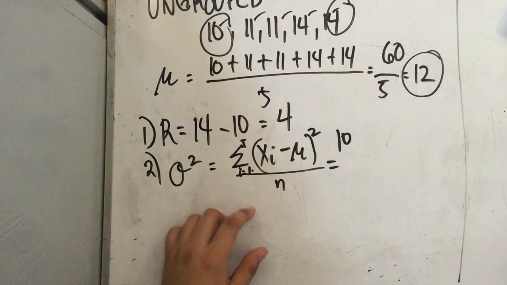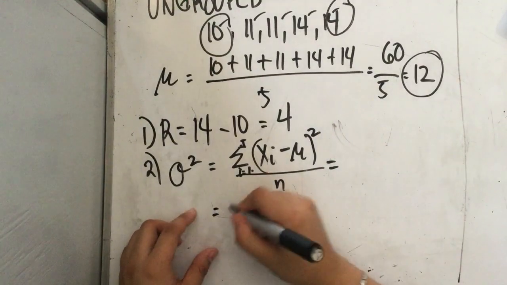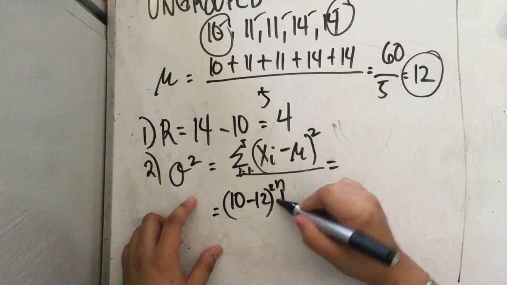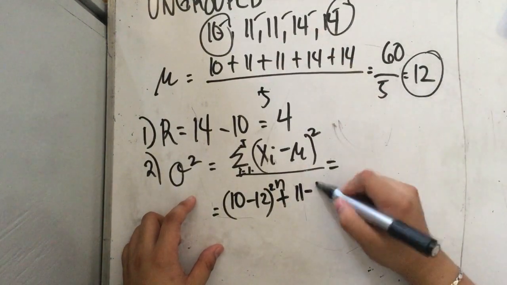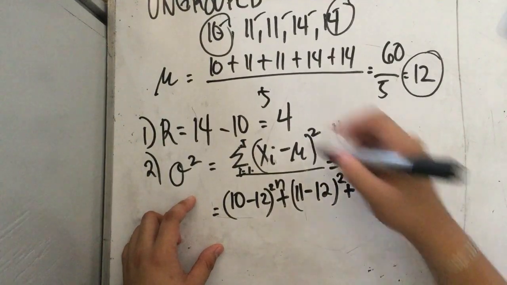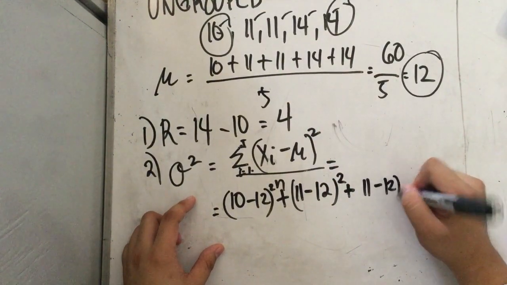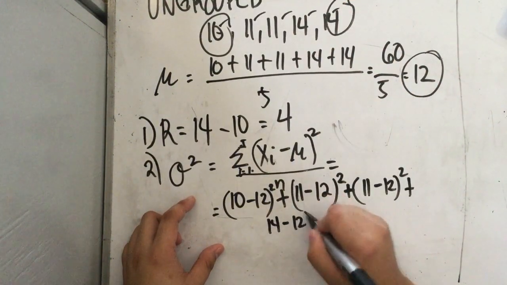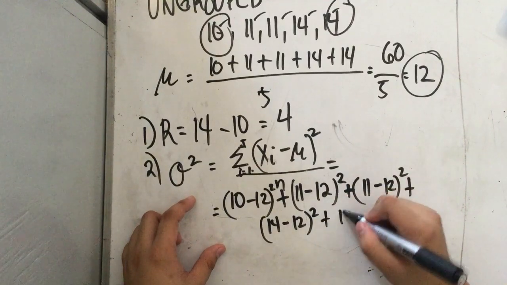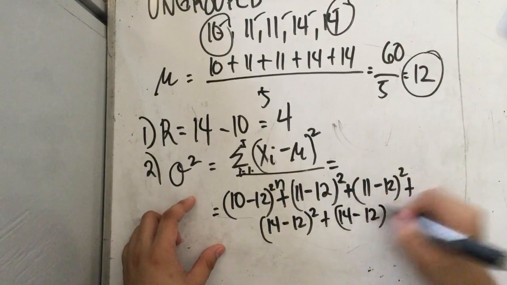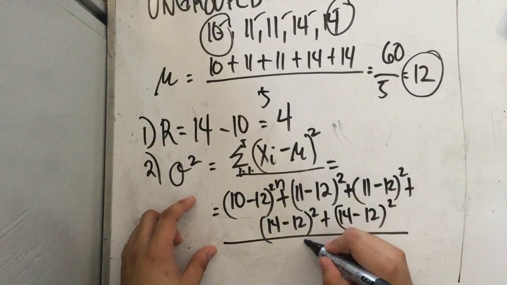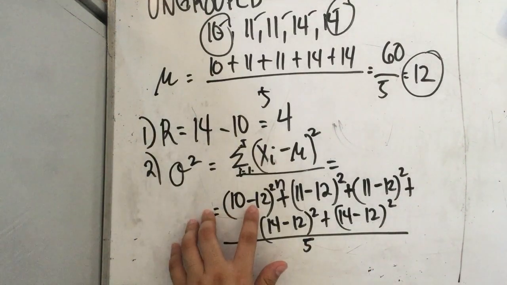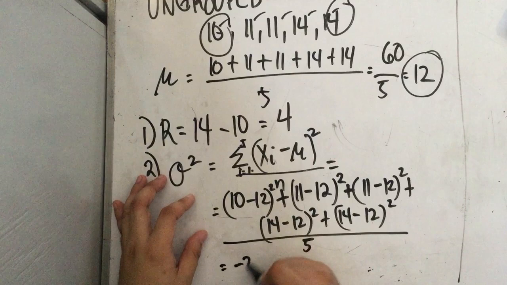So you have 10 minus the mean, 12, squared, plus 11 minus the mean, 12, squared, plus 11 minus the mean squared, plus 14 minus the mean squared, plus 14 minus the mean squared, over n, which is 5. So we have 10 minus 12, we have negative 2 squared,